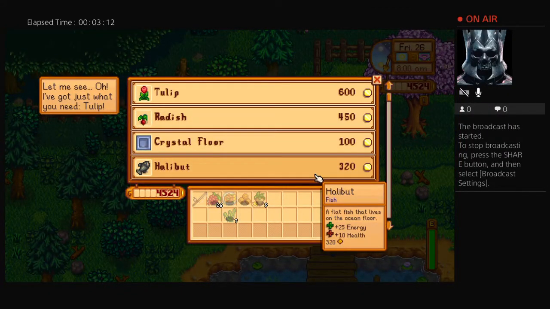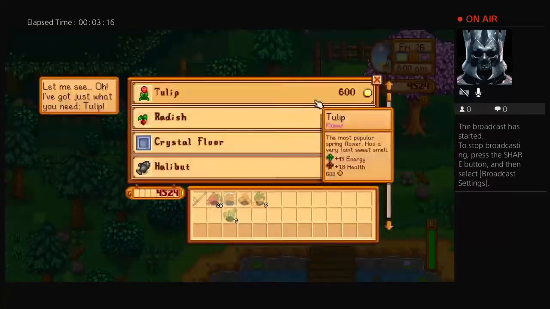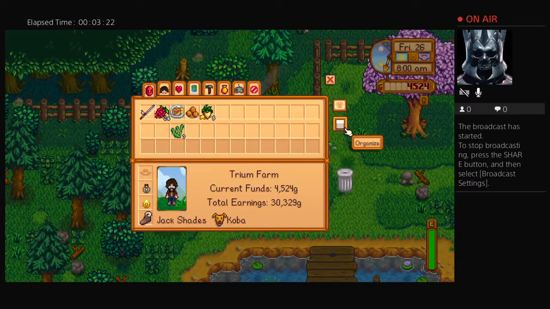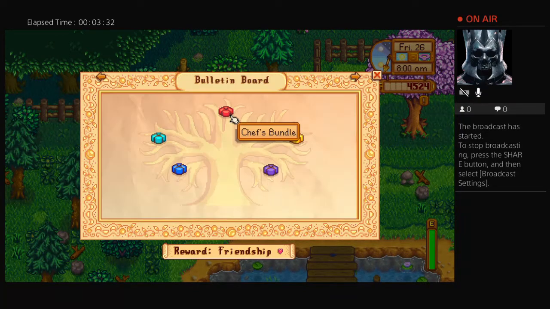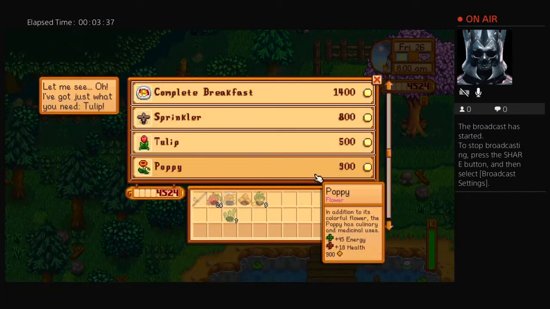But okay. I don't think we need a halibut, but no, we don't need a halibut. Not that I remember. There's a sprinkler, a poppy. We actually need a poppy. I don't recall what it's for, but you know what? That's why we have this. I think it's for a friendship bundle. I'm almost positive. Yep. The chef. I guess we could start on that. I mean,